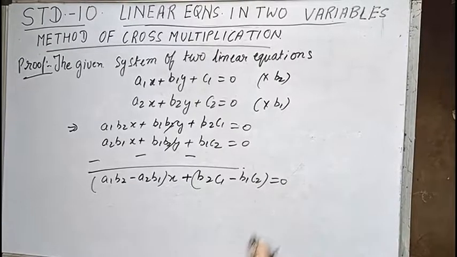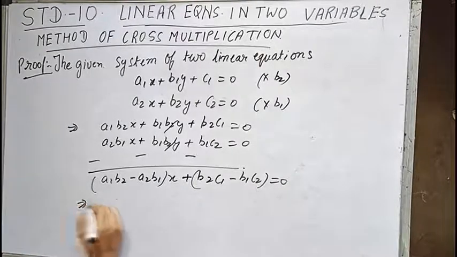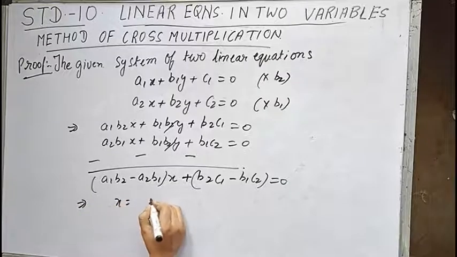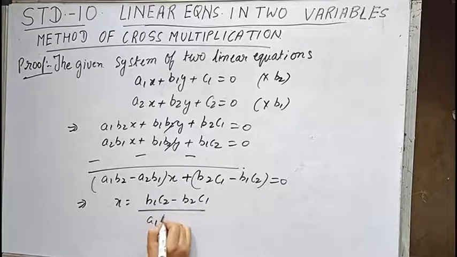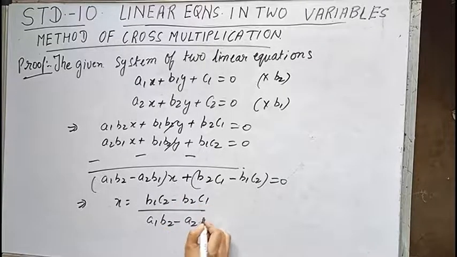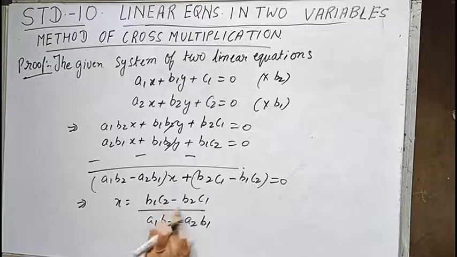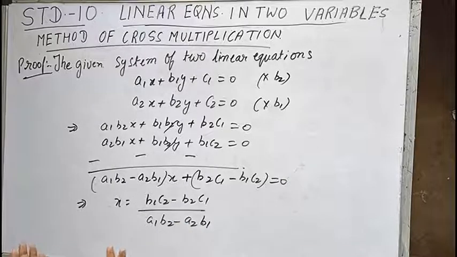Now I want to get the value of x. This implies x will be equal to (b1 c2 minus b2 c1) divided by (a1 b2 minus a2 b1). So, 1 2 2 1, 1 2 2 1, bc bc ab ab. I think you understand; we have written the values earlier. With the method of derivation, I have got the value of x.